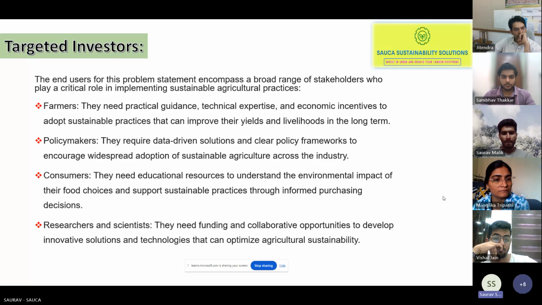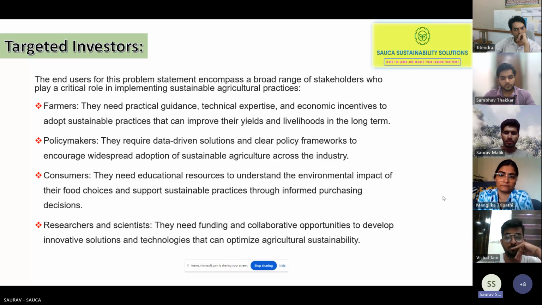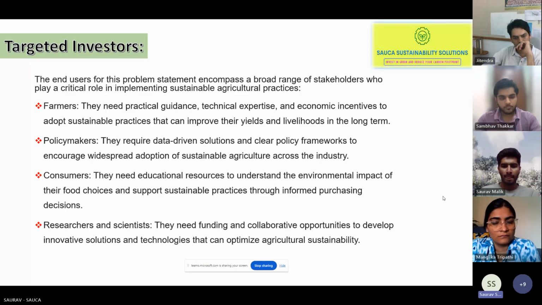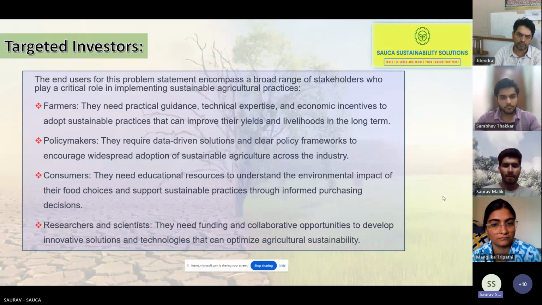So my audience would be a large group of farmers, if they are united with the Sarpanch, or a team of 2, 3 villages coming to participate in the consultancy services which I'm going to provide. Then policy makers who want to promote such kind of activity, and then consumers, researchers and scientists can work on my model and develop it for a huge population.